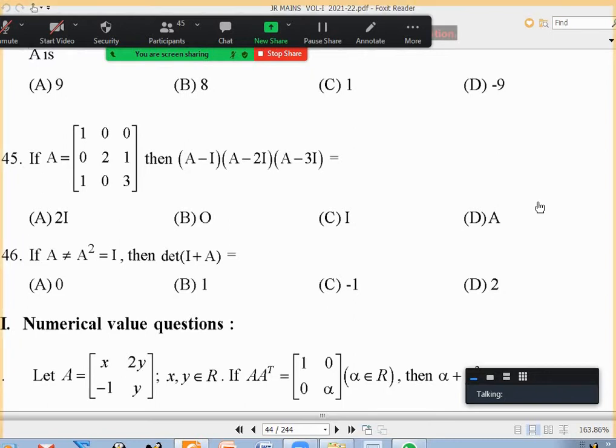Why must det of A plus I be 0? Det of A minus I also can be 0, no? If det of A minus I is 0, it's not given in the options, so it has to be A plus I equal to 0. Anybody want to comment on that? Yes, Kaushik, go ahead. Sir, if det of A minus I is 0, A should be equal to the identity matrix. It's okay, but not fully correct. For a null matrix, the determinant is 0, that is correct. But you are saying that when the determinant is 0, it has to be the null matrix. Det of A minus I being 0 doesn't mean A minus I is the null matrix, no?